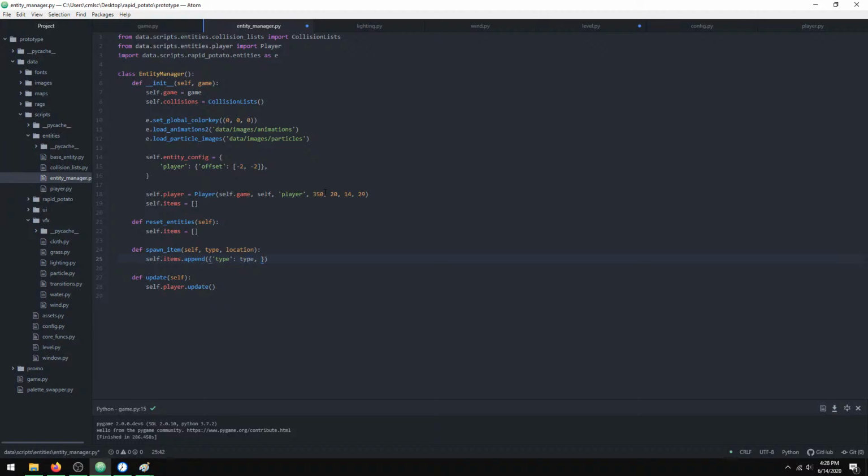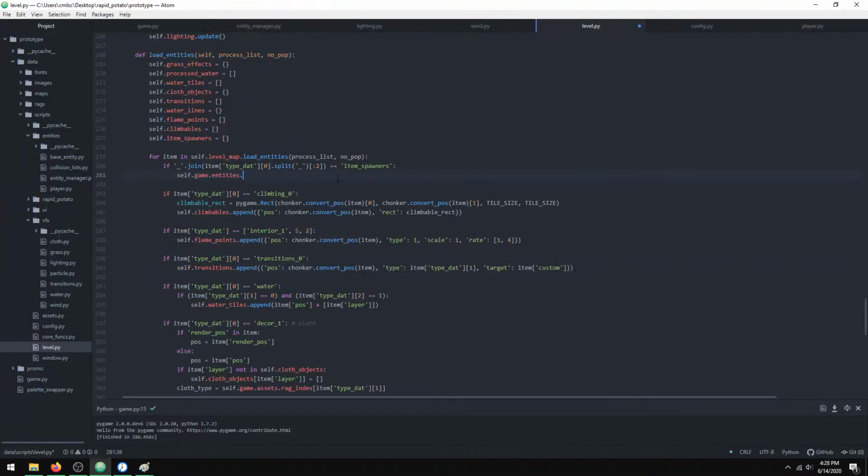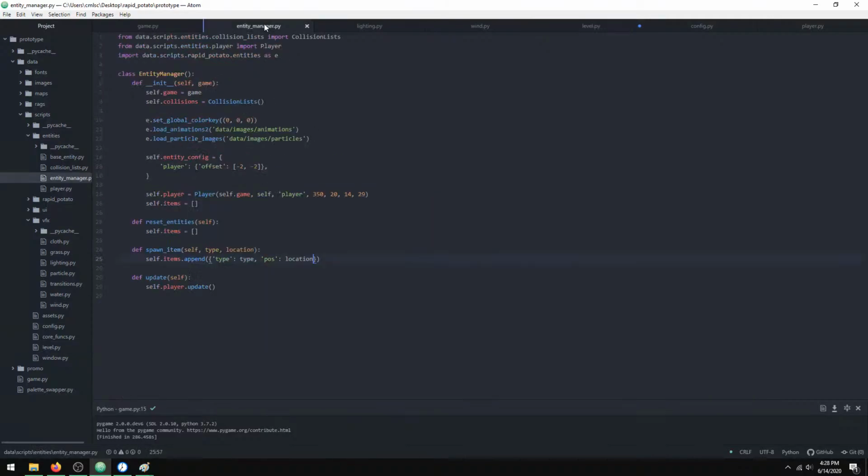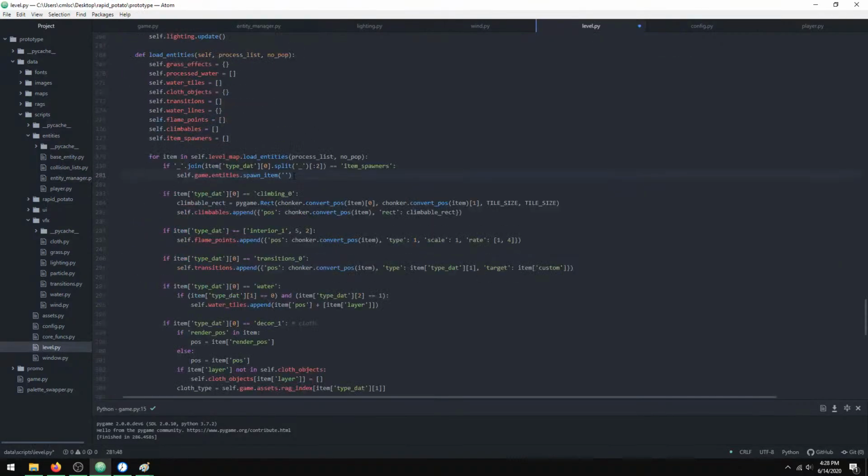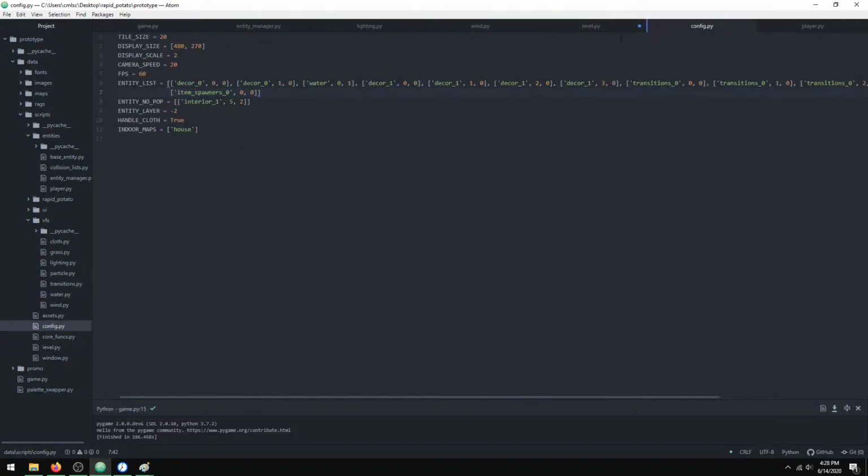Type, location. Actually, I'm gonna go with position. It's location. So dot spawn item. Type in location. So I believe if I, oh wait, no, that's not in here. So I want a system where it knows what to spawn. So I'm gonna do